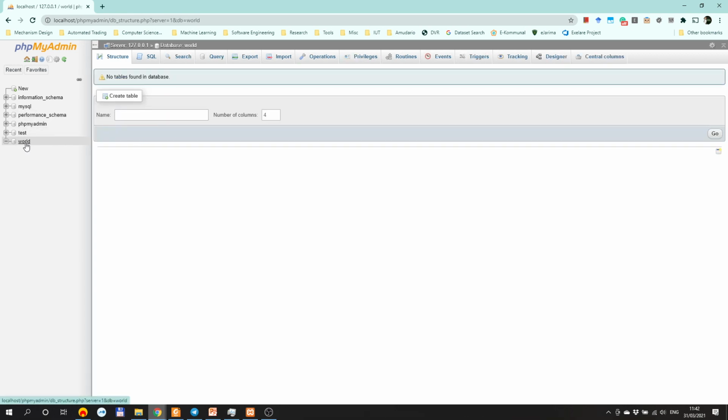I can see the database here. The next thing I need to do is create tables, for example, users. I can specify the number of columns I want and press go. I'll create such a table myself later on, but what I want to do is